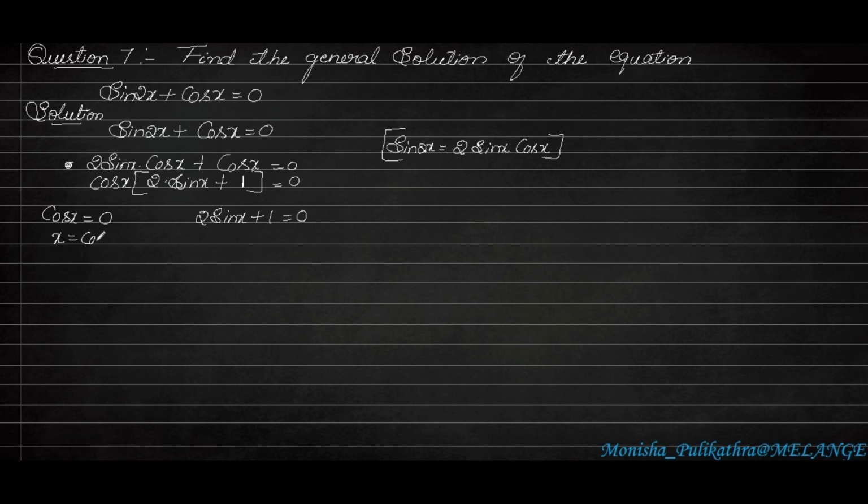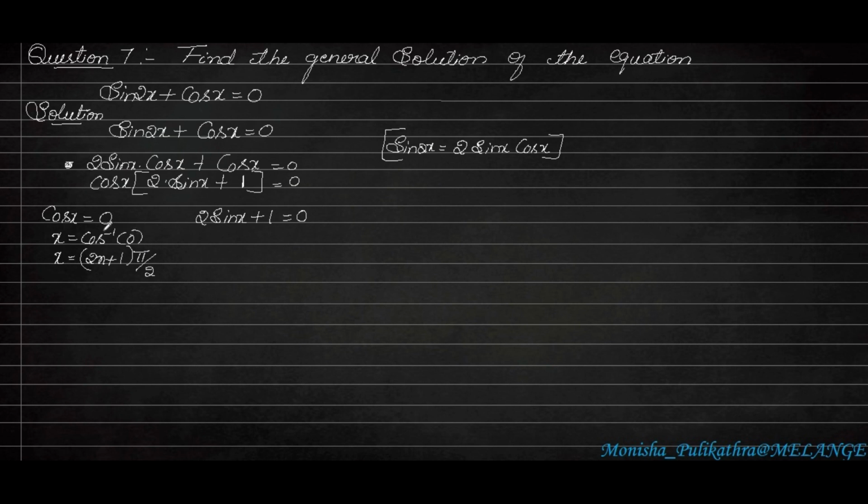Here x is equal to cos inverse of 0. So cos 0 in the table, cos 0 is at 90 degrees. So when cos comes, we have to take it in the form of 2n plus 1, where n is any real number. If you apply that, you will get cos x as 0 itself. That's why we are taking 2n plus 1 pi by 2. Pi by 2 is 180 by 2, which is equal to 90 degrees. So for any value of n, it will remain 90 itself.